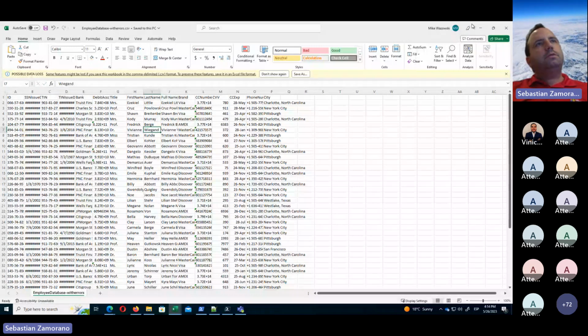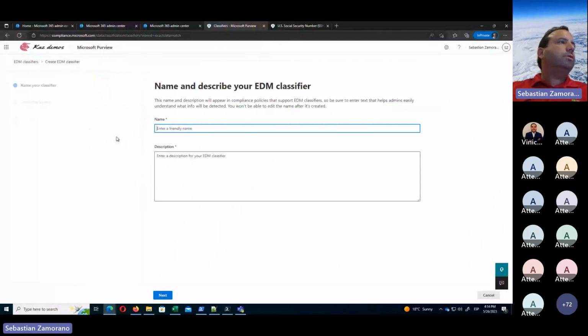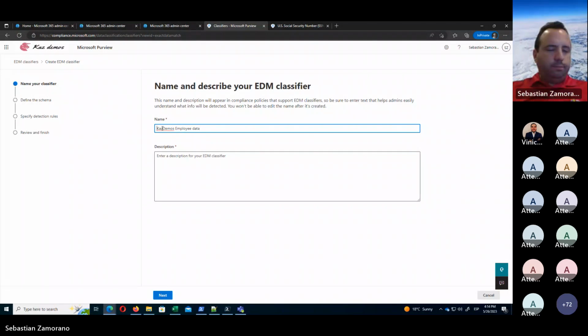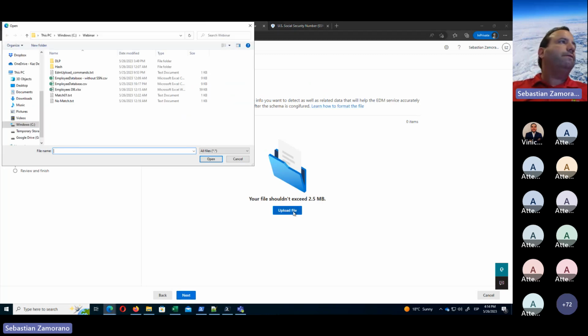I will save this one, and what happens? If I come in here and try to create my EDM data classification based on that file, and if I try to upload the file, where was located the one that is saved with